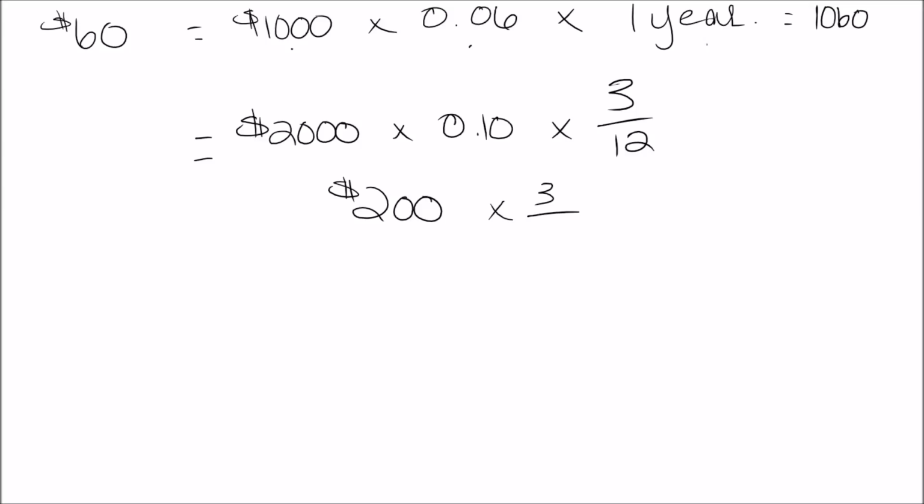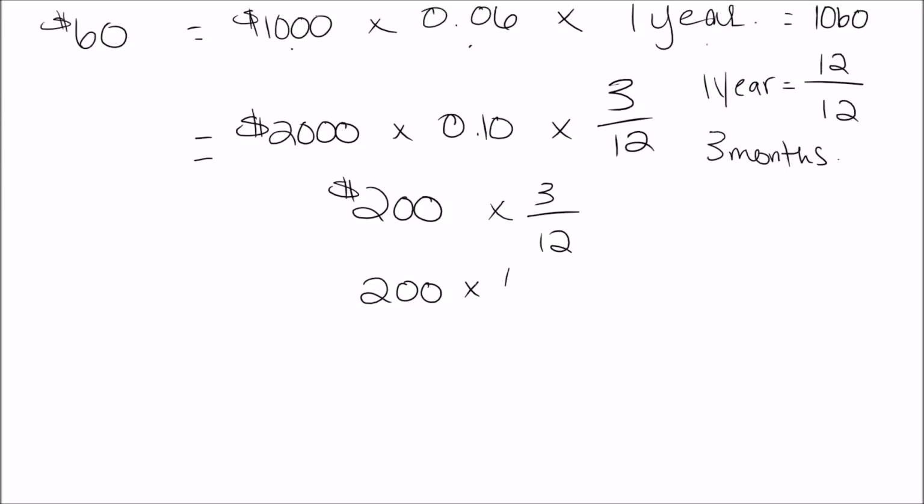So this is 3 out of 12, as 1 year is equal to 12 out of 12, and we're investing for 3 months. Okay, so this ends up becoming $200 times 1/4, or $200 times 0.25, which gives us $50